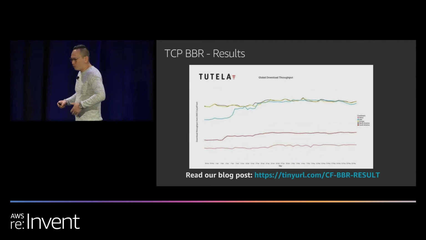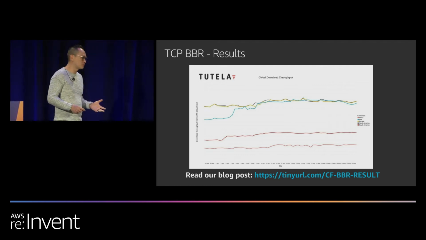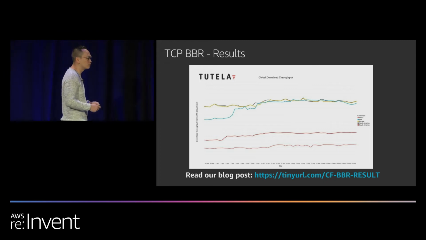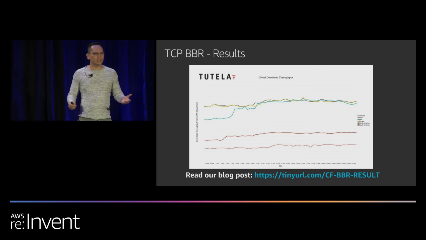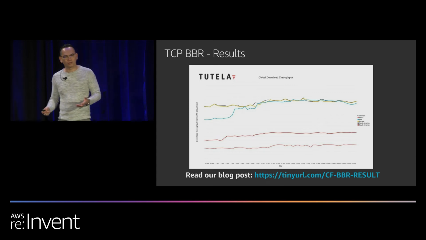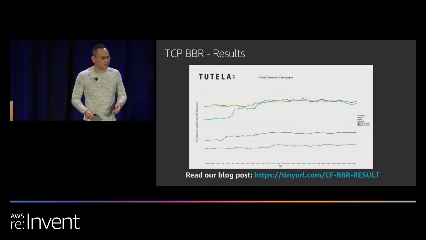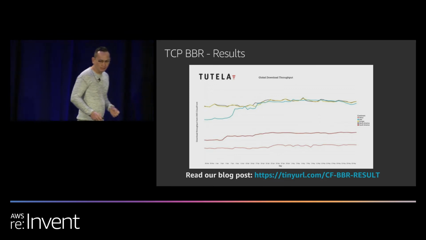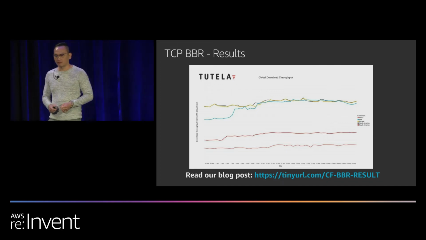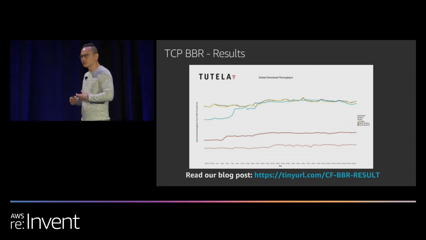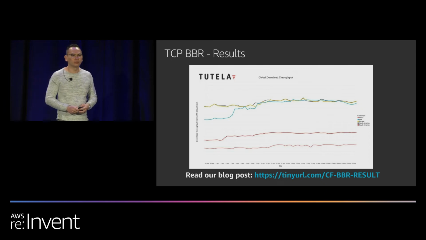Now, we actually saw some pretty good results when we rolled this out. One of our customers, Tutela, a service that monitors mobile networks around the world, reached out to us and said, hey, did you guys make any changes? All of a sudden, we saw a bunch of throughput on these CloudFront endpoints, what's going on here? And the answer was yes, we rolled out BBR, a very simple change. We saw about 5 to 20% latency improvements, varying by POP and region. And most of these benefits come for networks that have a lot of packet loss, like your mobile networks.